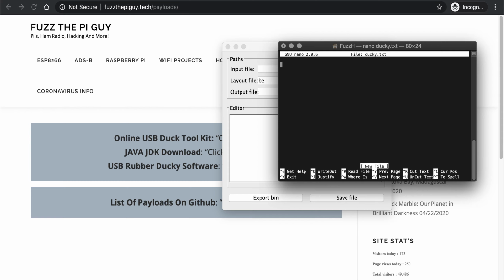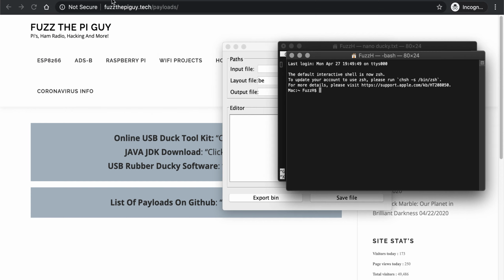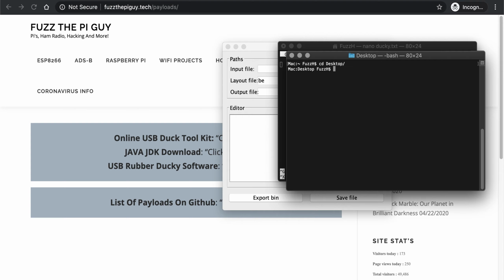So now that we're in here, what we can do is copy in here a payload. Now I'll open up another one of these terminals, and we'll cd into the desktop. Then if we do nano,